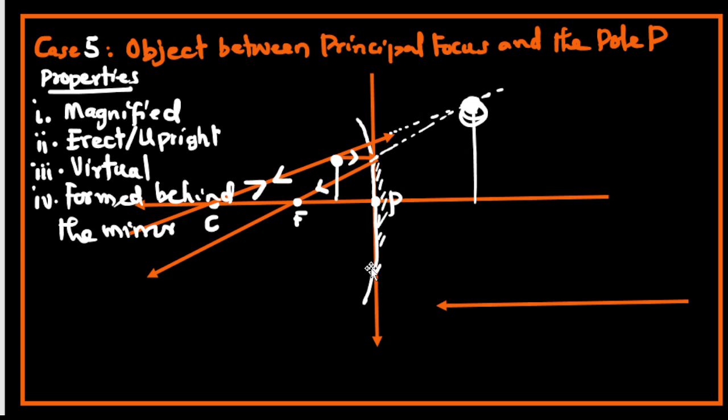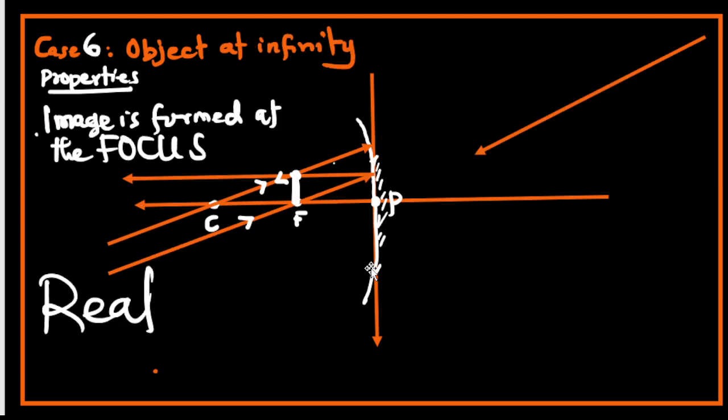Case 5, when the object is between the principal focus and the pole, the image is always virtual, magnified, erect, and will form behind the mirror. And the last case, when the object is at infinity, the image is always formed back at the focus. So these are the things you need to know about ray diagrams, and they will help you in solving